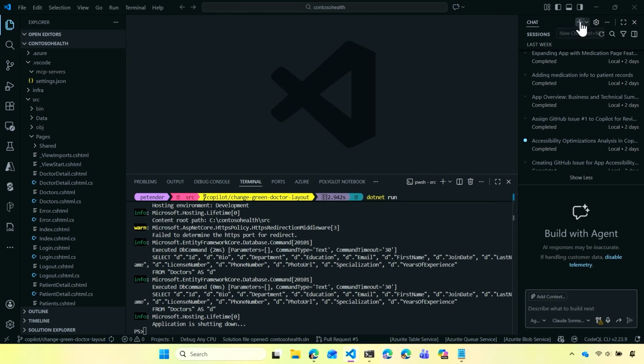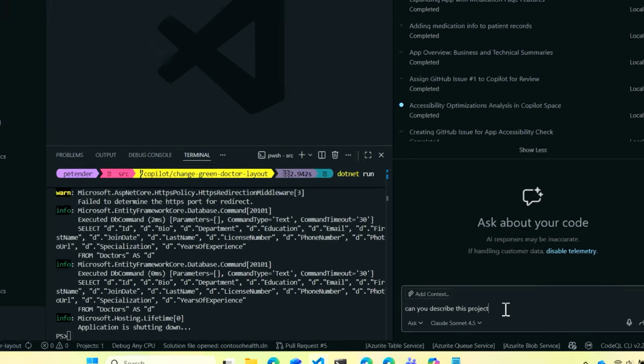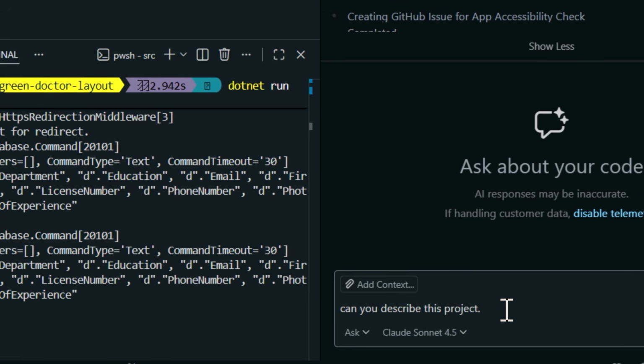I can start a new chat conversation, and I'm going to try and make this a little bit bigger. There we go. Doing about the same as what I did in the browser mode. I'm going to ask a question. Can you describe this project? But now I told you earlier that the power is in the prompting. So I could ask, generate an executive summary